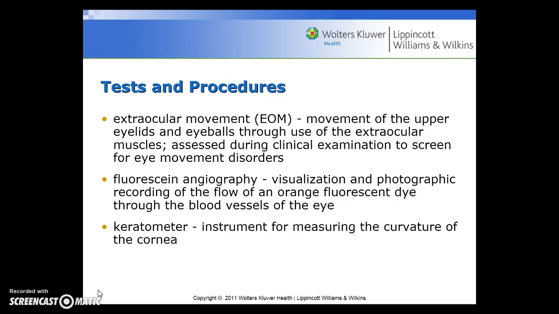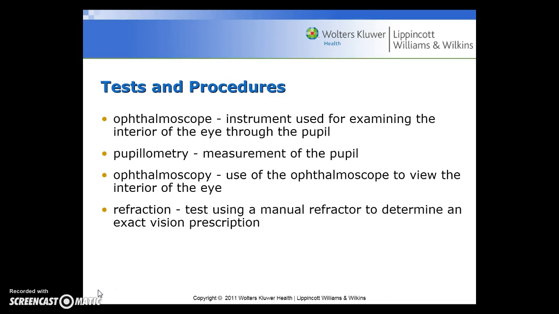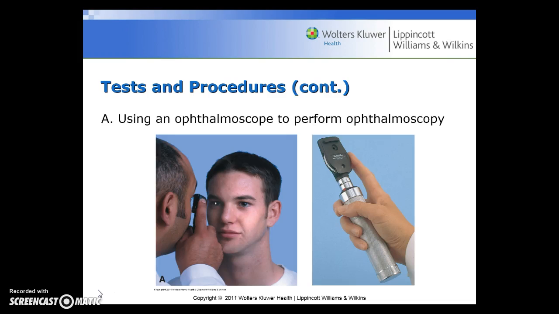Keratometer is an instrument used for measuring the curvature of the cornea. Ophthalmoscope is the instrument used for examining the interior of the eye through the pupil. Pupillometry is the measurement of the pupil. Ophthalmoscopy is the use of an ophthalmoscope to view the interior of the eye. Refraction is the test using a manual refractor to determine an exact vision prescription. Here you can see ophthalmologists using an ophthalmoscope to perform the